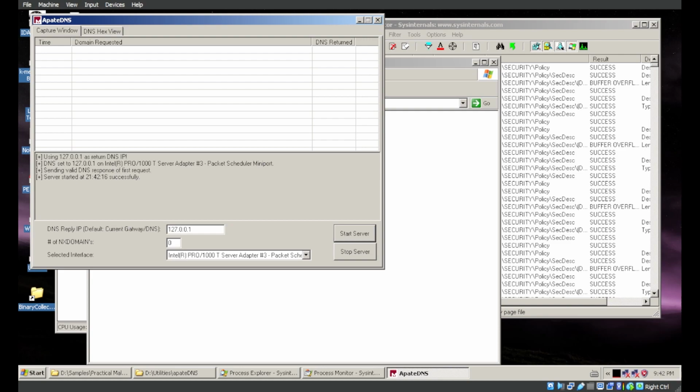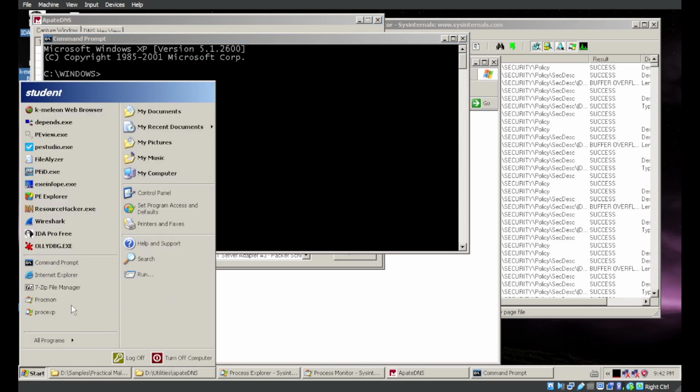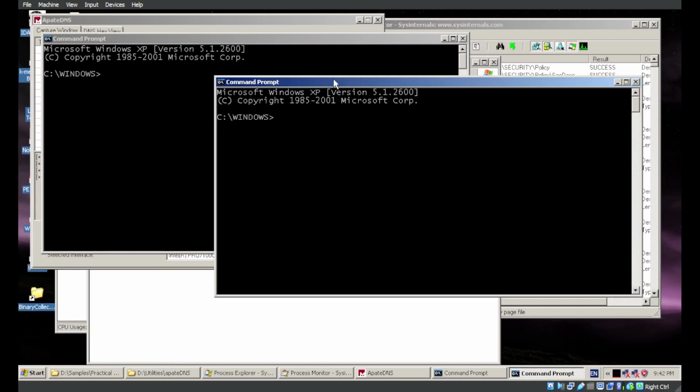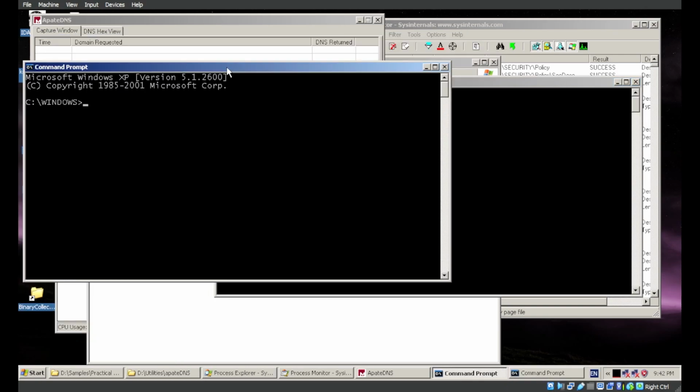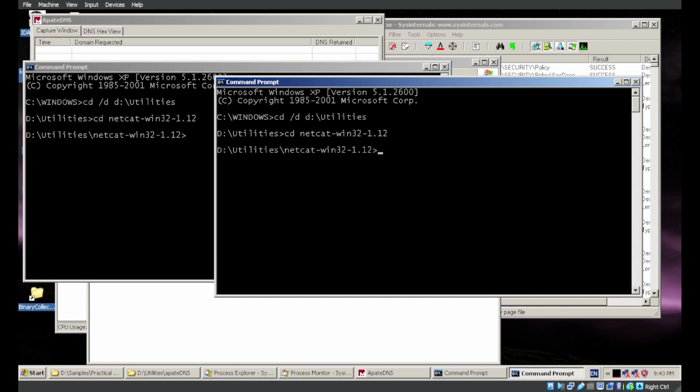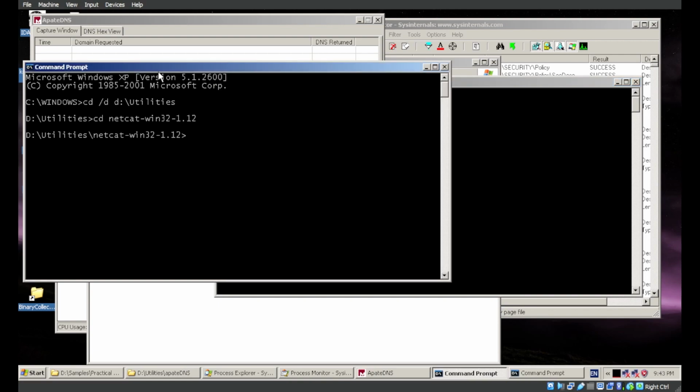Anyhow, moving on to more network stuff, we are going to launch 2 command prompt windows for Netcat. Netcat is a program that will open a port on your local computer, and then any information that is sent to that network port, it will either display on the screen or you can have it record that information to a file. All right, we've pathed into that Netcat directory, and we will launch the first Netcat with the arguments